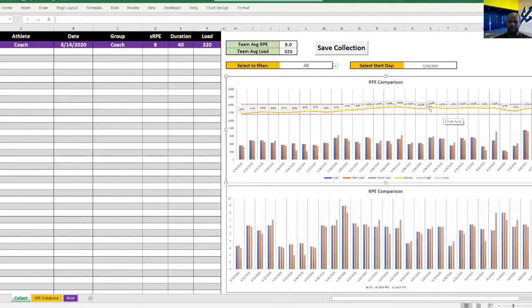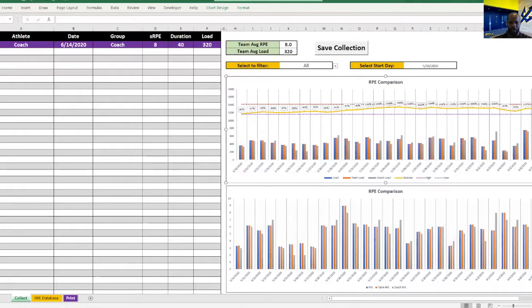Think of it as if you go over 100%, we're essentially in a training or building state. And if we're under 100%, we might be in maintenance. And if you get below 80, we might be in a detraining, stepping back, or unloading type of phase. So going through the different ways in which we can collect this information from the athletes,